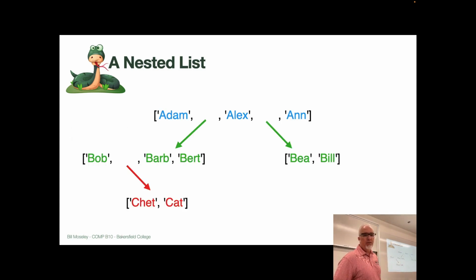And if I peel that apart, you can see that the first list contains Adam, Alex, and Ann, but it also contains 2 sublists. Okay, the first sublist is found in index number 1. Then it contains Bob, Barb, and Bert, and then it contains a sublist there of Chet and Kat, and then back at the first list, index number 0, 1, 2, 3, so index 3 here contains B and Bill. Okay, so a nested list